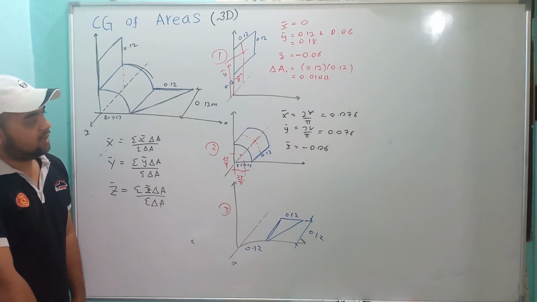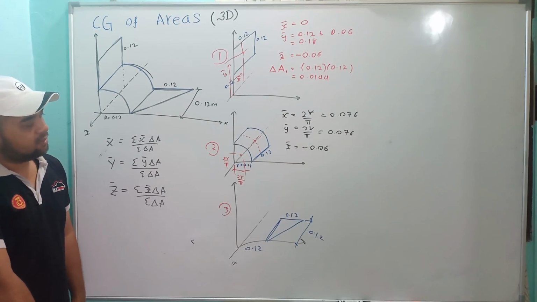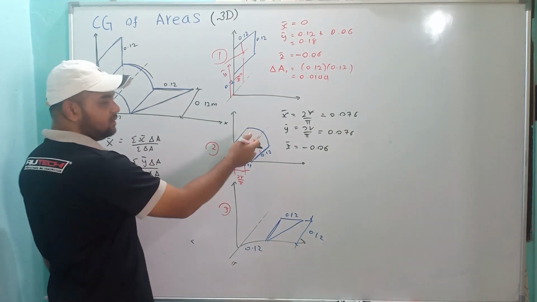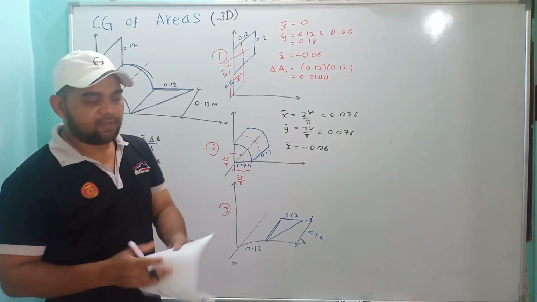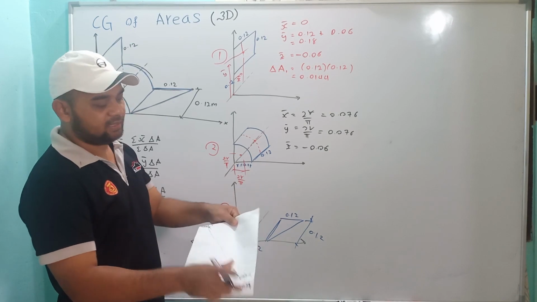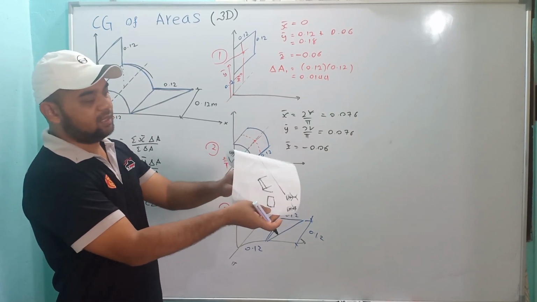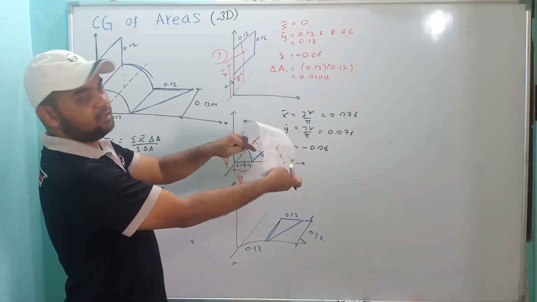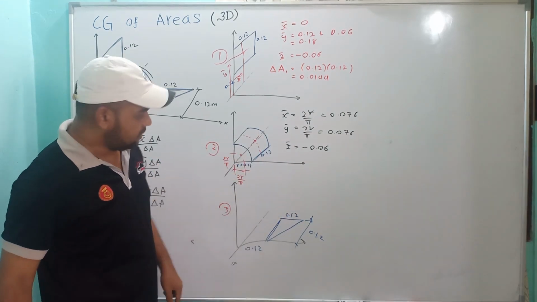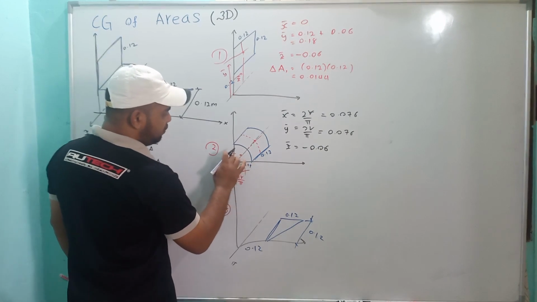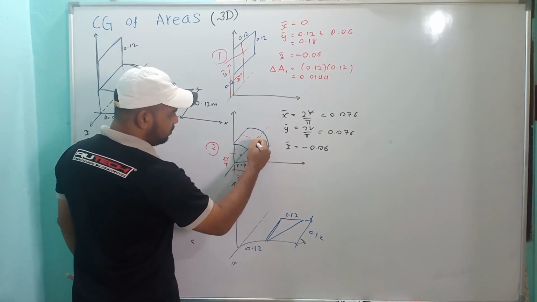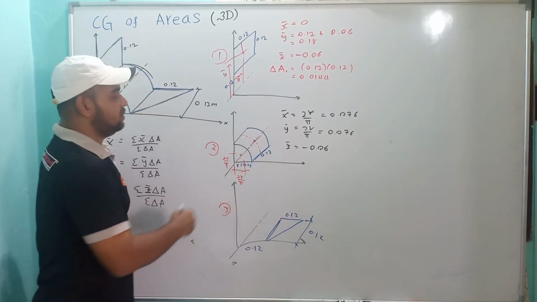Okay, so we have x bar, y bar, and z bar for this component. I hope that you can imagine it is not on the surface. If it is 2 dimension, yes, it is on the surface, but now they have a curve like this one, so the CG is inside. It is 2r/pi, but go inside to meet this one, so it will be inside.